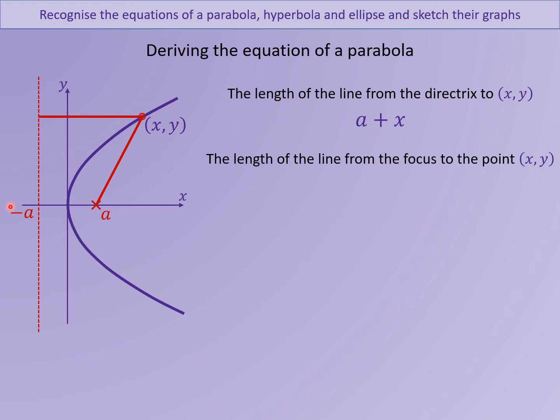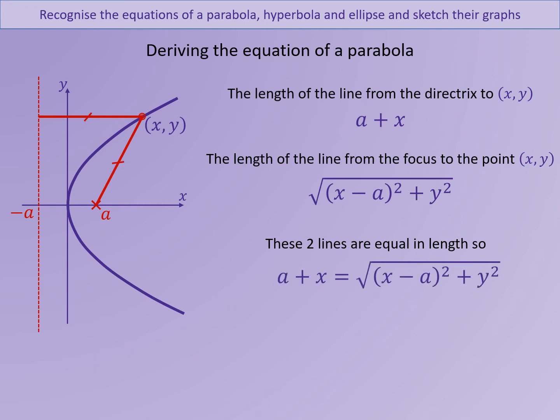Now, because we know that this is equidistant, it's the same distance to the point, the focus here, we can say that this is also that same distance. However, we can also calculate that distance using Pythagoras' theorem. The difference in x is x minus a, the difference in y is y, so we end up with the square root of (x minus a) squared plus y squared. These two things are equal,